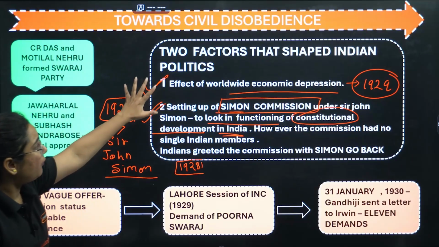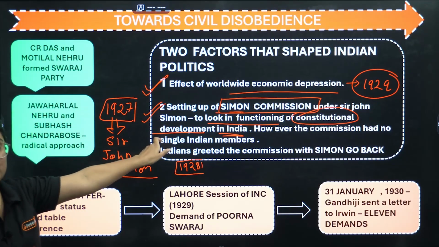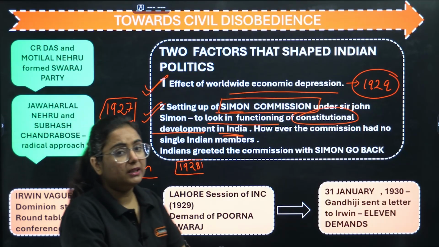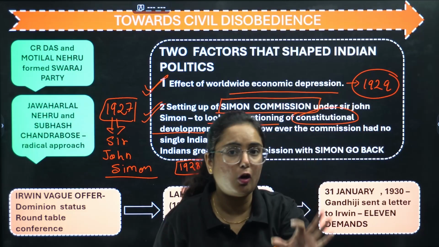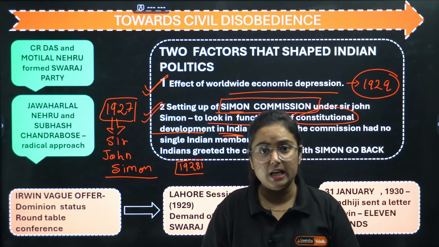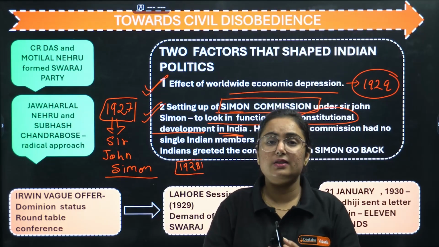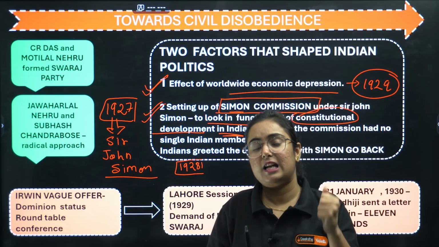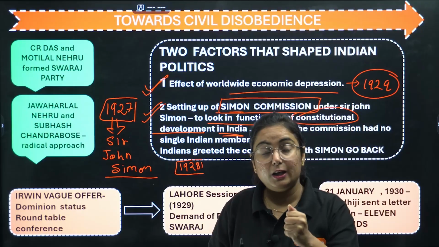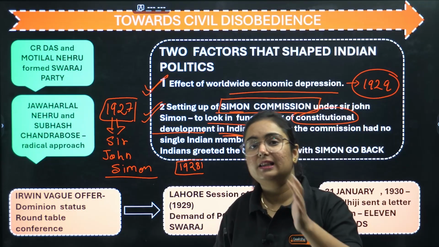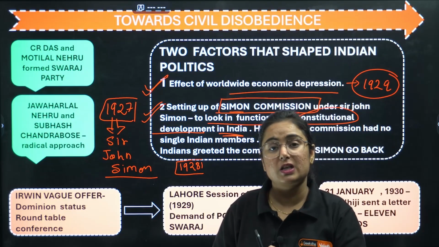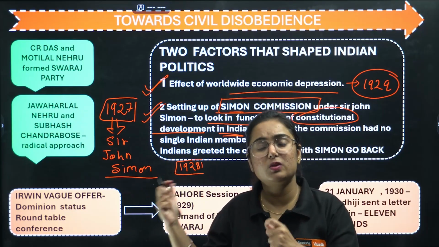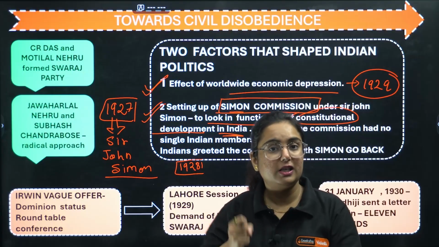So these are the two factors that shaped Indian politics during the truce phase. Coming back to the topic, people were not happy with the withdrawal of the non-cooperation movement, right? There were some radical leaders in the Indian National Congress who wanted to re-enter the Legislative Council elections, because we had boycotted everything in the non-cooperation movement, and they thought this was a loss because we needed to be part of the Legislative Assembly